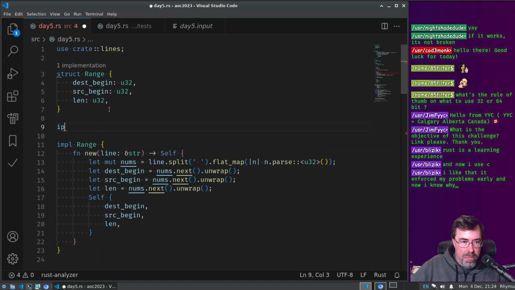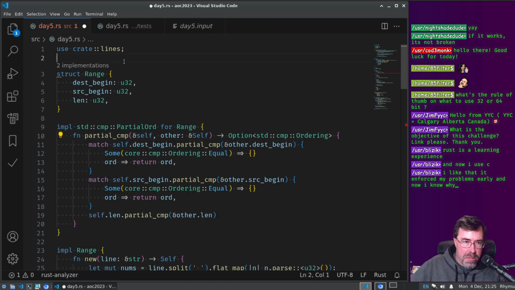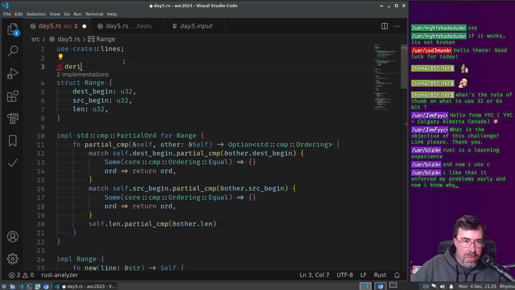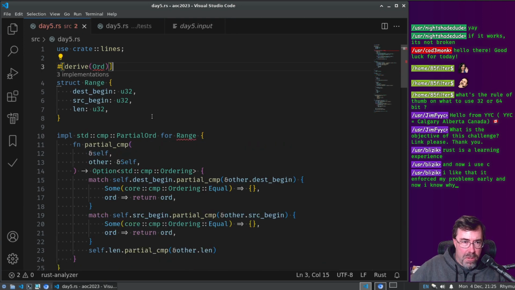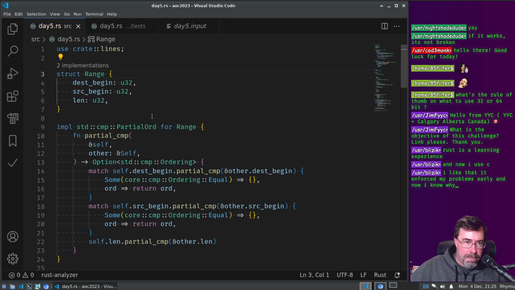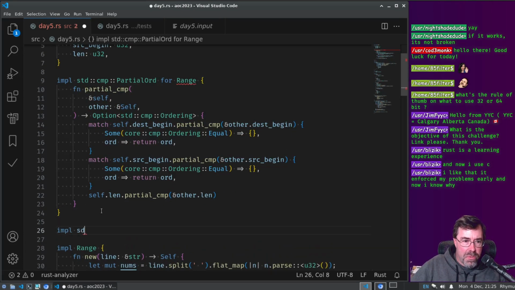We can implement the standard compare Ord for Range. Actually, I think the way we're supposed to do this is implement PartialOrd and then derive Ord, if I remember right. Might be wrong. I am wrong. I always forget the right way to do this.